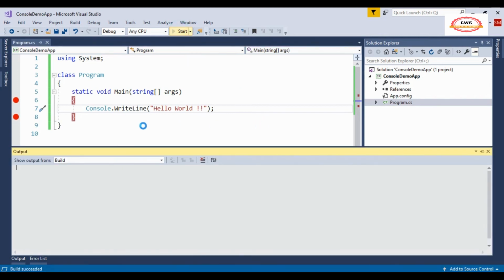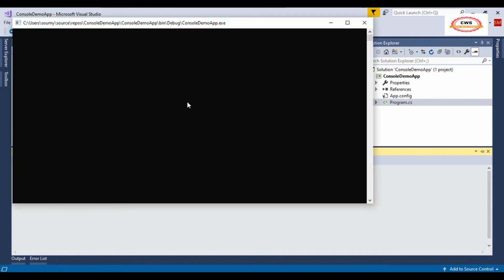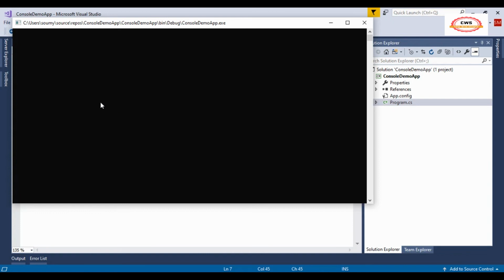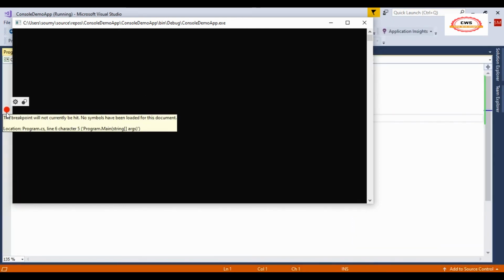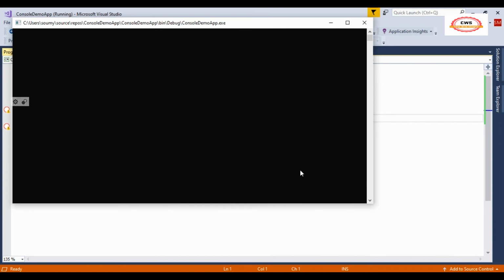What I have mentioned, main is the entry point of an application. You will see that the cursor will hit the main first.